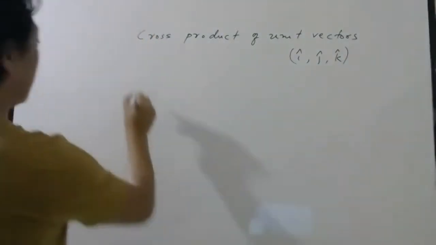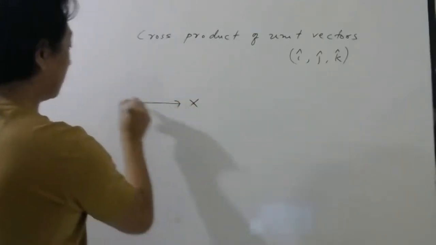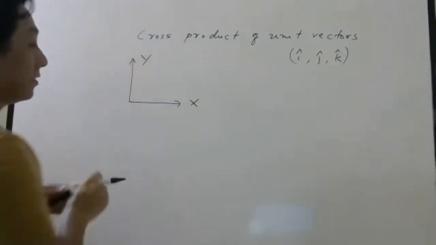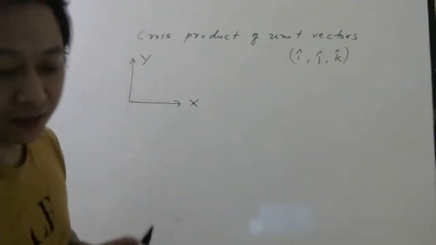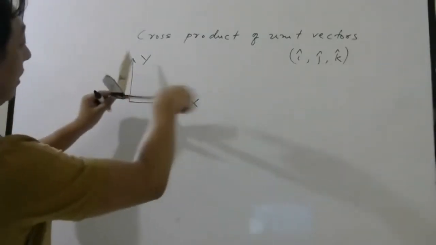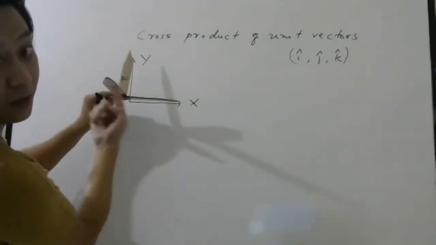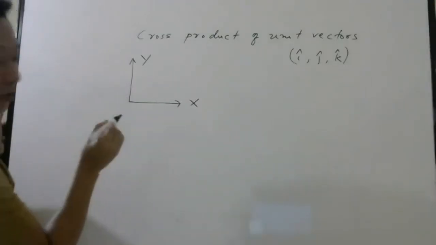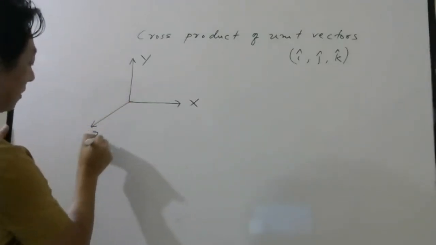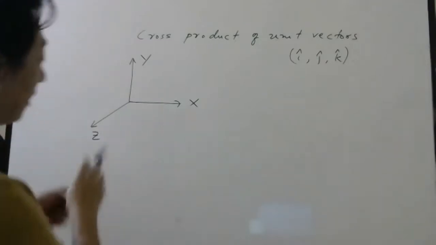Okay, so look here. This is your x, this is your y, and z should be where? Z should actually be here. It should be like this: x, y, z. But it is difficult to show here, I cannot show you here. So usually we write this way, and you have to imagine the z-axis is here.